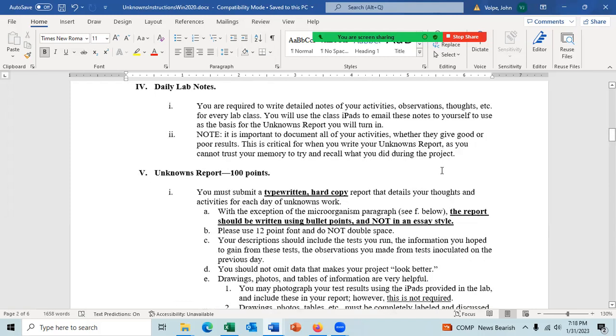When you write up your report, you should write up the daily lab notes. So each day you have in your unknown notes a page where you have something on the page. It may be results, it may be a test request, or it could be all of that. Okay.